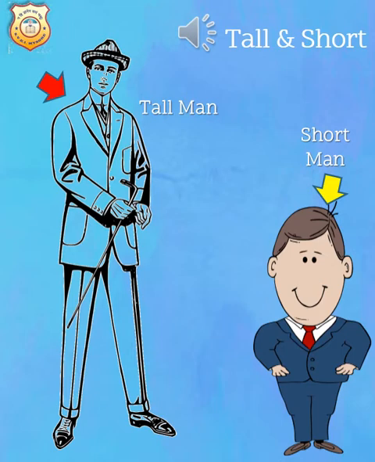Children, I hope you are clear with the concept of tall and short by seeing several examples. Right? Now you can just observe the objects around you, whichever is tall and short. You can also stand beside your mama or papa and see who is tall and who is short.